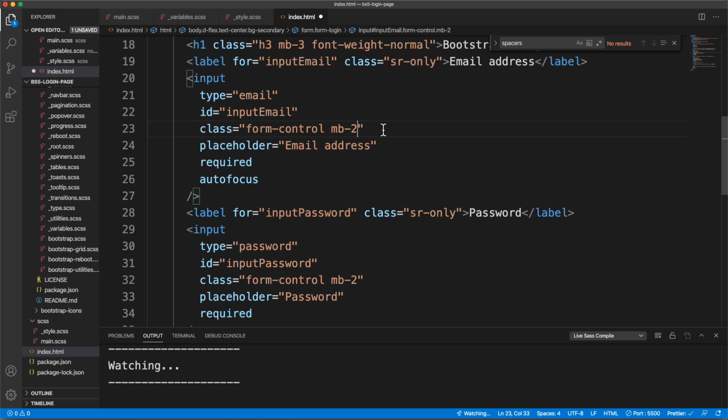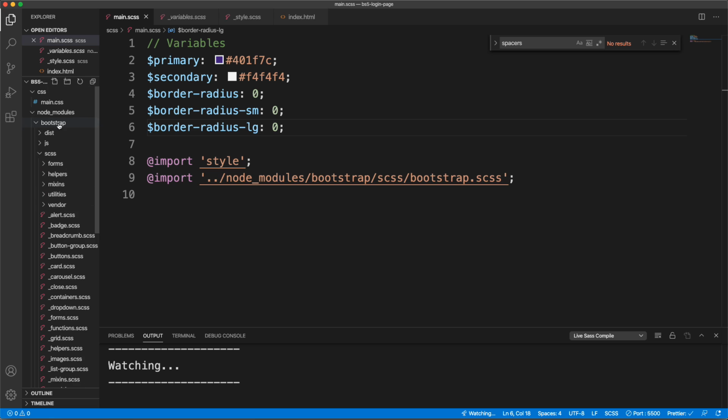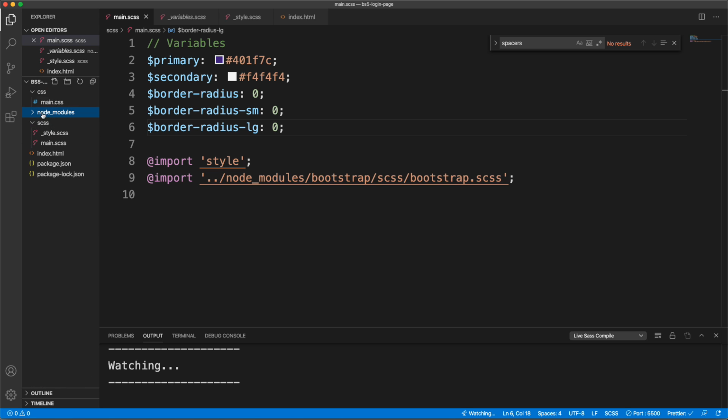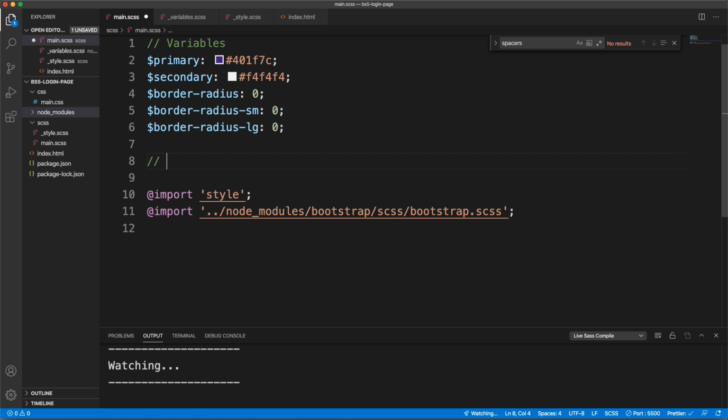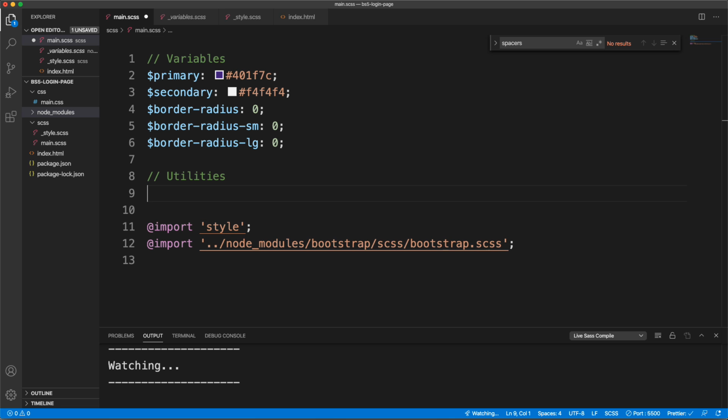So let's get rid of that. And what we want to do is go into our main SCSS. Again, we don't want to touch the Bootstrap files. And you could either create a new file or just put it in here. And just like I showed you in the Bootstrap file, we need to set